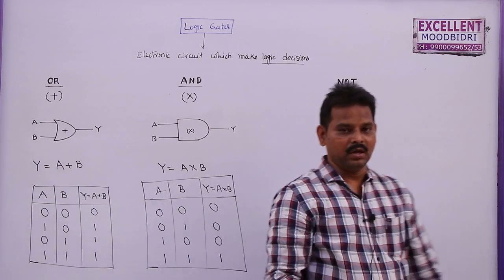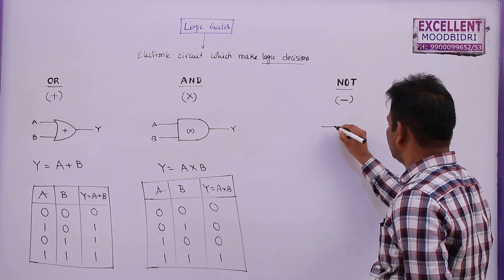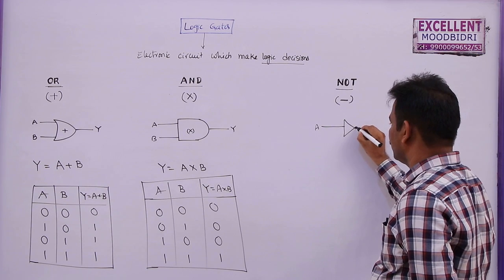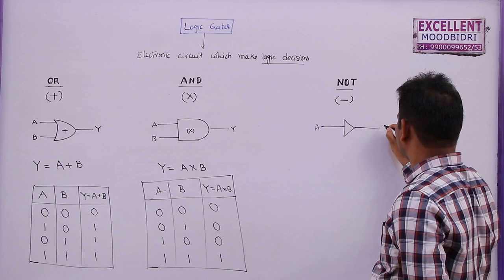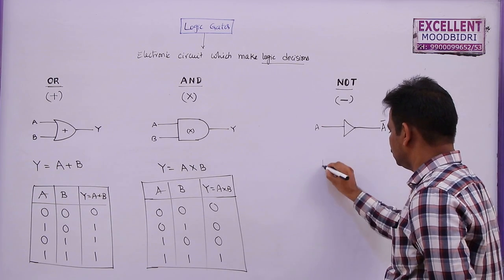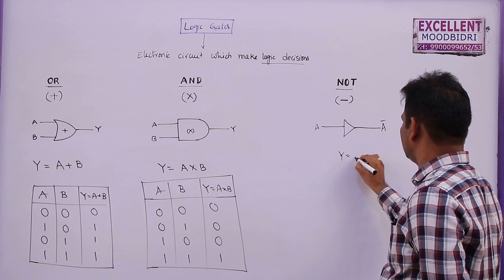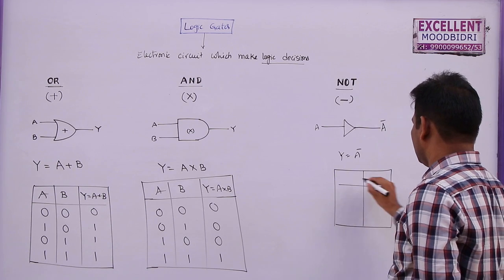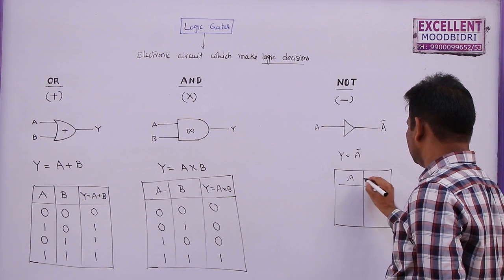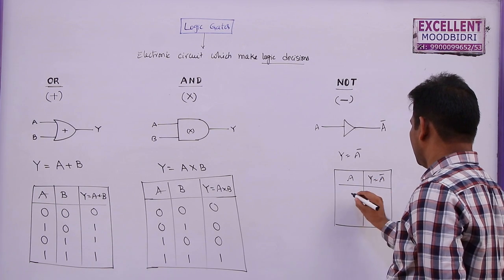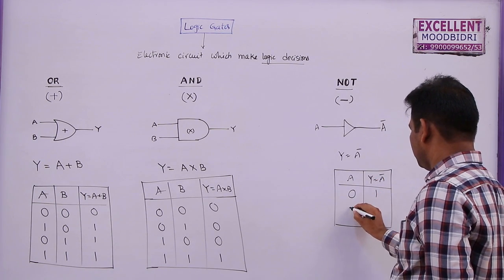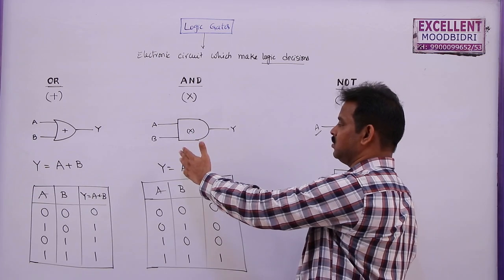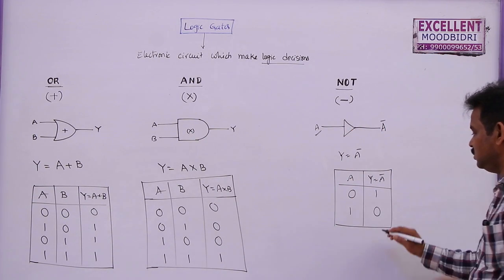Now for the NOT gate. The NOT gate is also called a complementary gate, which will have only one input and only one output here. This is always A bar. So this Y is nothing but A bar, and the truth table for this one will be denoted like this. It will have only two possible inputs. If this is A, Y is equal to A bar. If it is 0, the output will be 1. If it is 1, the output will be 0. That means the NOT gate will have only one input, whereas the OR gate and AND gate may have different numbers of inputs. So this is the truth table of the NOT gate.